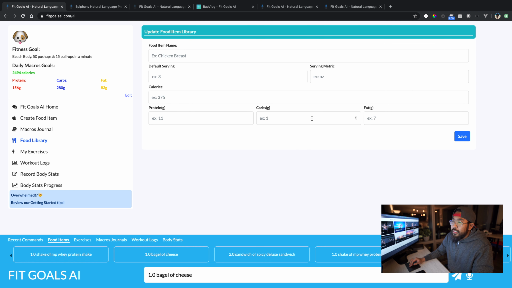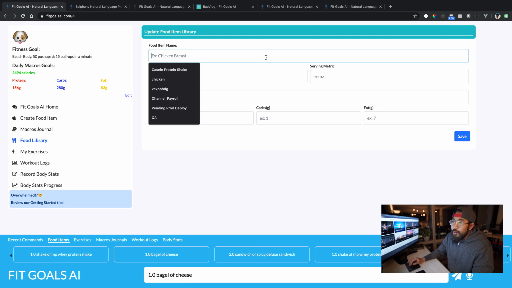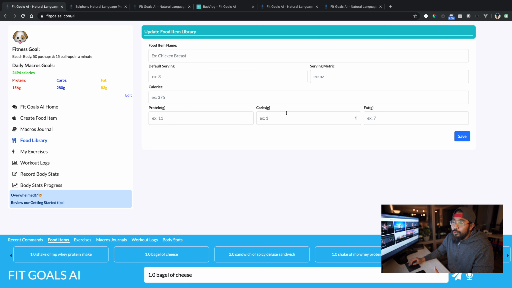You can say, like, grandma's apple pie or something like that, and you can calculate the macronutrients yourself for that and say the serving is one slice. Just trying to show you that it's fully customizable. But even though it's fully customizable, the voice assistant will still detect it, and it'll still work like every other food item. And that goes the same for exercises too.